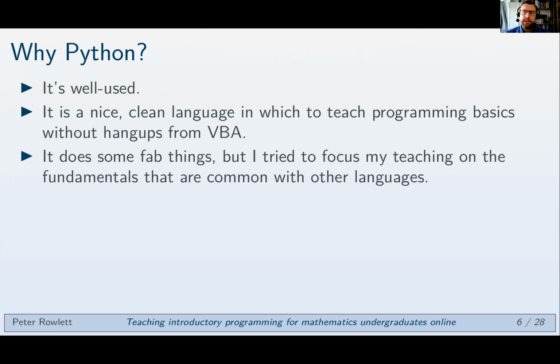There is so much extra cognitive load to get started with VBA, because you open Excel, and then behind Excel is a programming language, but to output anything you either have to stick it in a cell in the spreadsheet, or you have to make a pop-up box appear, and so on. Whereas in Python you just type print hello and it prints hello. So it's very clear to be able to teach these very simple programming basics without having all that extra stuff